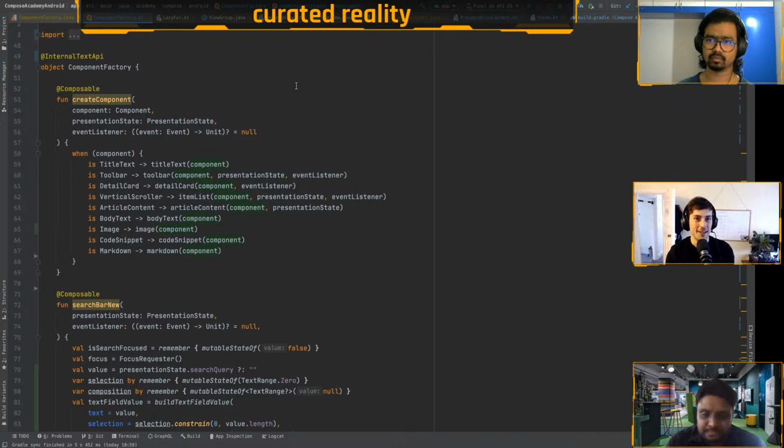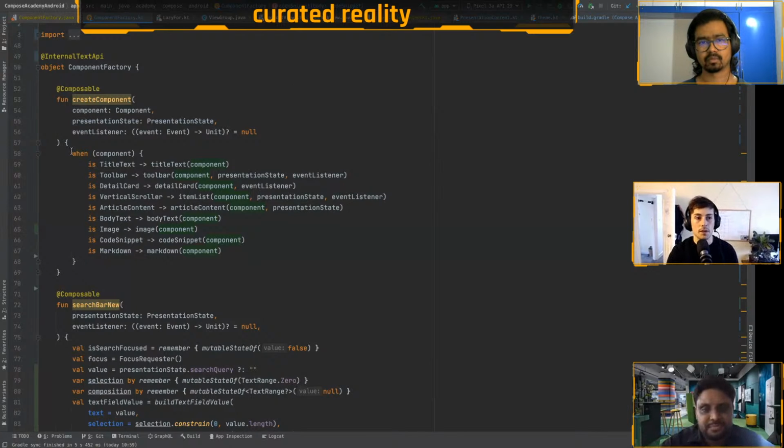It could be nice to have the API actually generate those composable functions, but at the same time, that could get very complex. And what happens with navigation? What happens with animations and really native-specific things? I think that could get a bit messy. So I decided to stick with the route of having the client control how those components are rendered and how they're shown on screen.